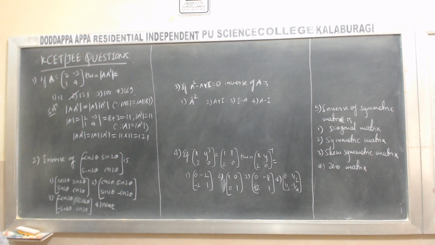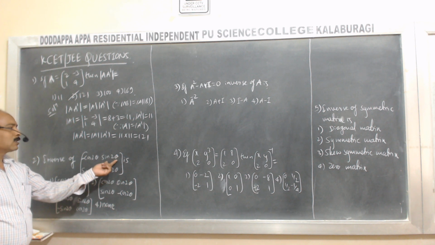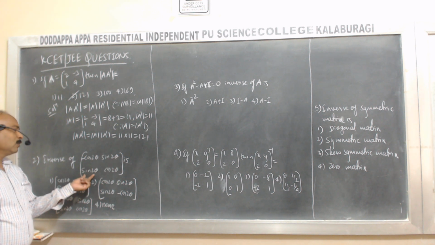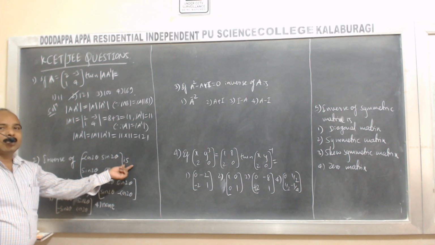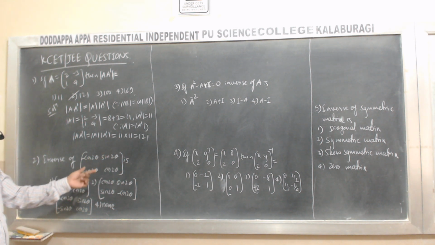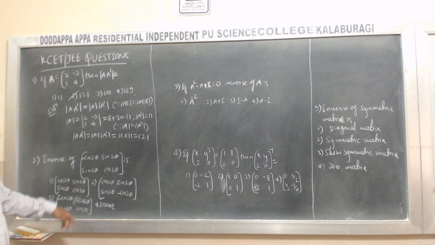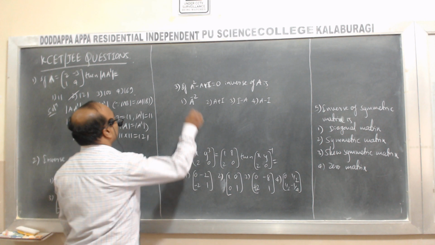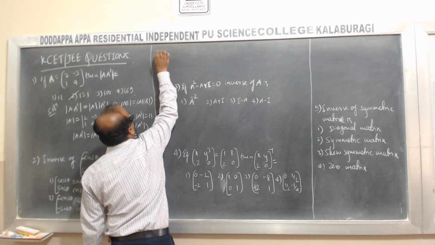Next we go for the second question. Find the inverse of the matrix [minus cos 2θ, sin 2θ; sin 2θ, cos 2θ]. First we find the determinant of this square matrix. Determinant of A is given by,